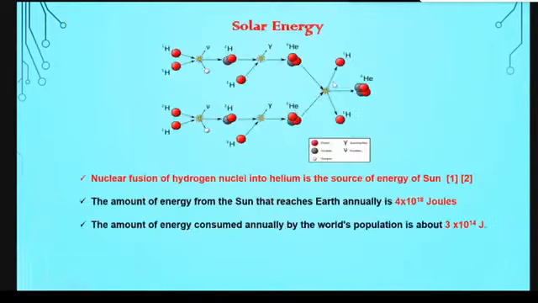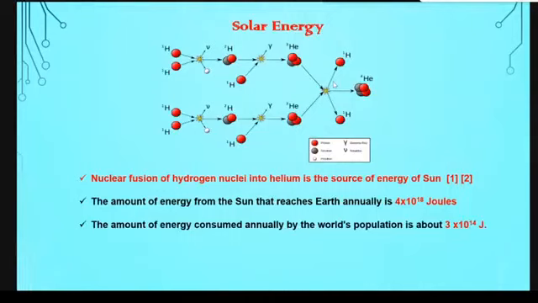First, I am going to discuss the solar energy. What is the source of solar energy? From where does the sun generate energy? What is the fundamental concept behind it? Basically, in the nucleus of the solar system, or you can say the sun, two small nuclei, that is the hydrogen atom, fuse together, and this is called nuclear fusion. And after fusing, a heavier nucleus is formed there, and that heavier nucleus is helium.